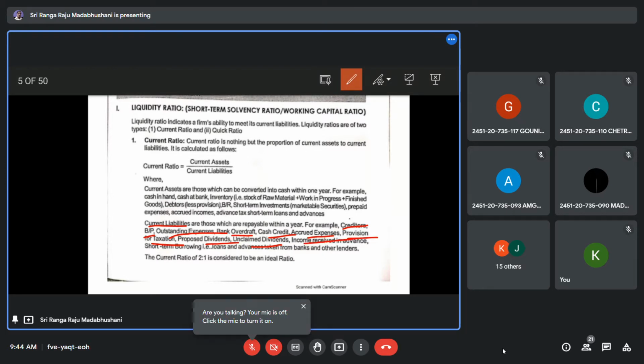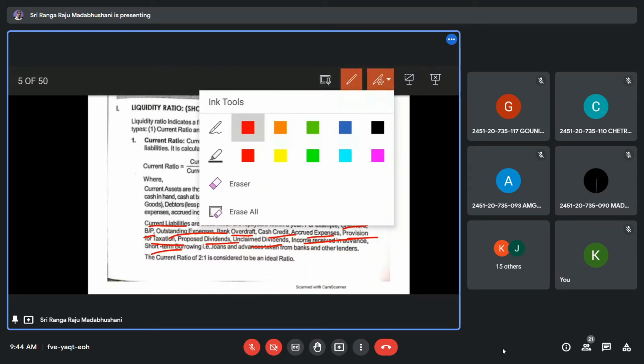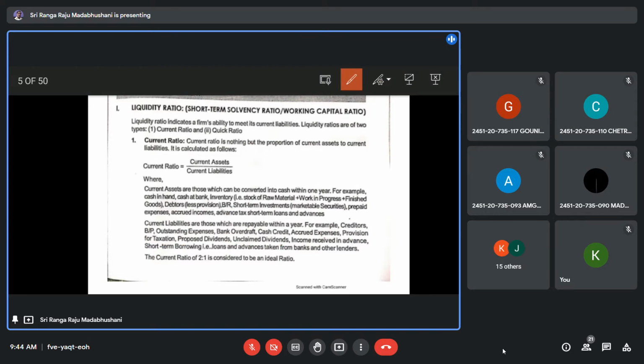Income received in advance. Short-term borrowings, where short-term means 1 year, and loans and advances taken from the bank and other lenders, if any, come under current liability. So one should remember these things. Normally a repeated question is